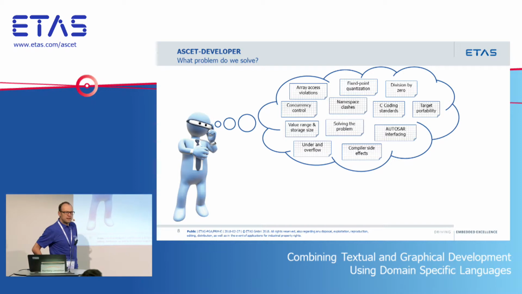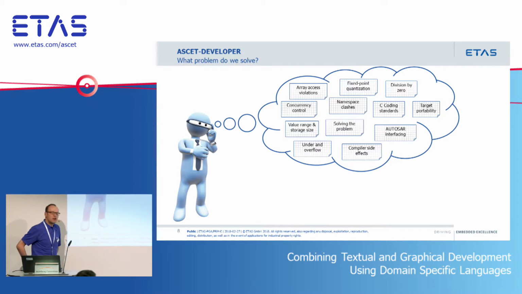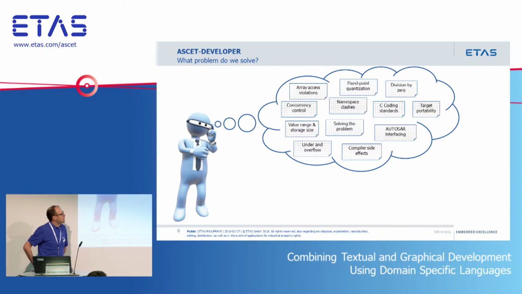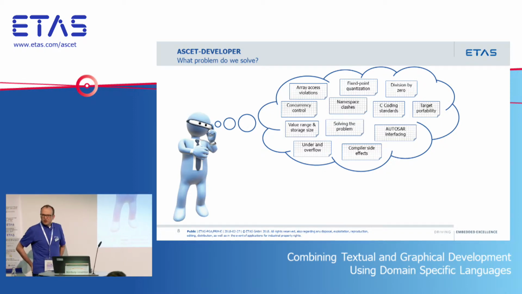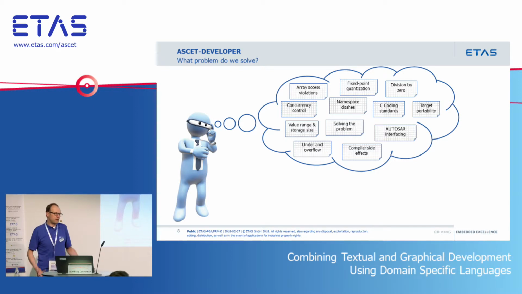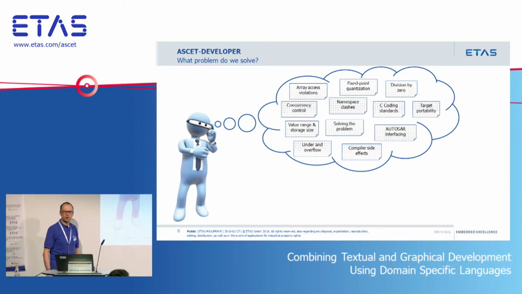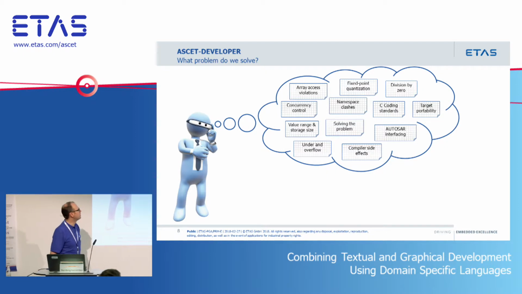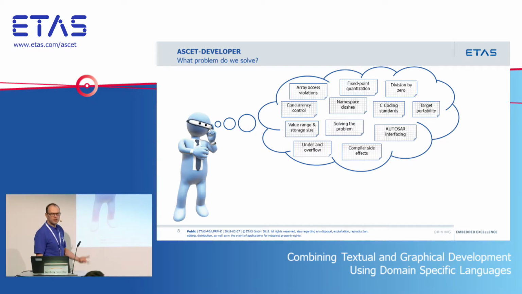Yeah, you have coding standards. Yeah, you probably want to do MISRA because you're good boys and girls, but you might want to do something else there. You might not really want to care about how big a piece of memory is that you pack a piece of data in. You know, it's a speed. How many bits do I need for a speed? Well, I don't really care. What I'm interested in is, okay, what are the bounds of my speed and what's the resolution of the signal that I've got? Whether it's a 16 or a 32-bit value, I probably don't care about at the software engineering level. And yeah, the compiler's going to screw me over.